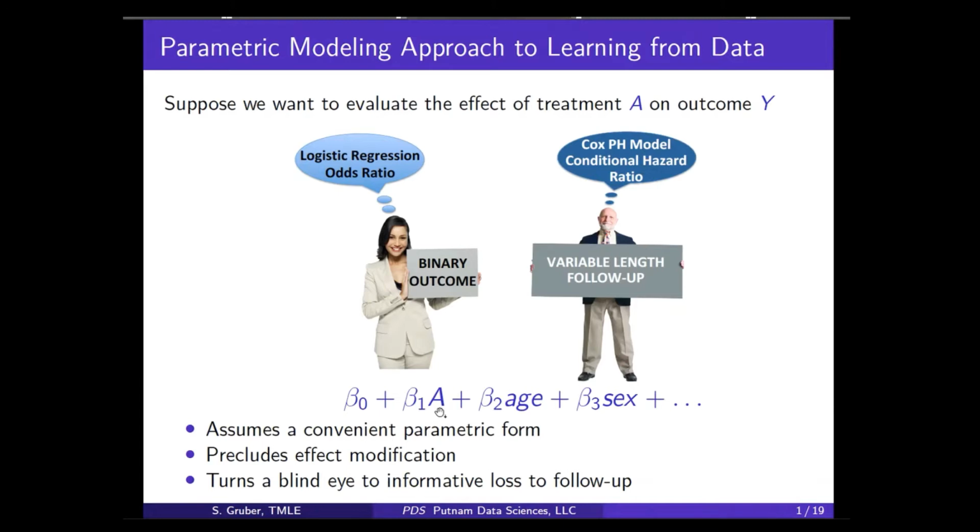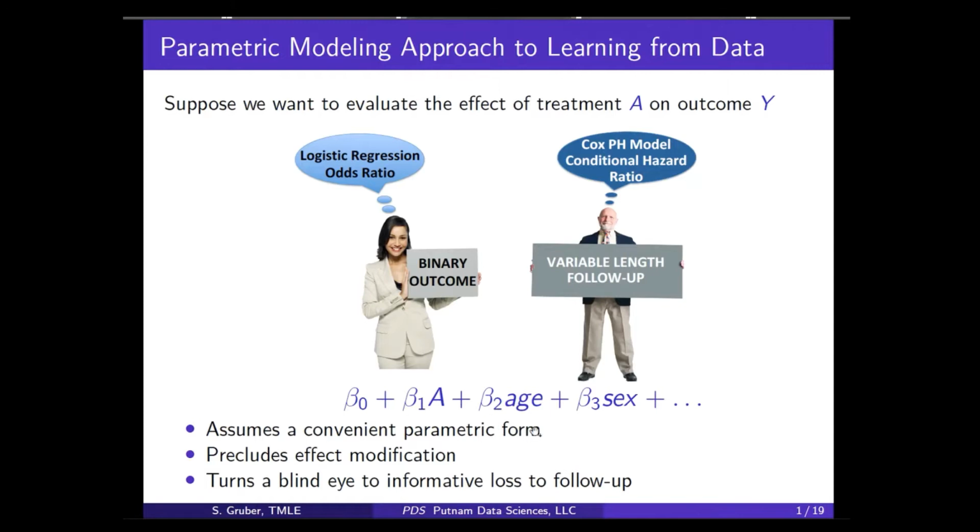because if there were lots of interactions, if the effect of treatment on the outcome had to do with comorbidities or with other drugs that the person is taking at the same time, that might actually be true, but it would make it really difficult to interpret because there would be multiple coefficients in front of terms that had A in them. And so people think, well, I'll just do this. It's some kind of average over everything without knowing necessarily what kind of average over what they're talking about.